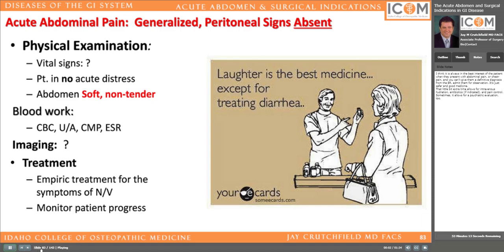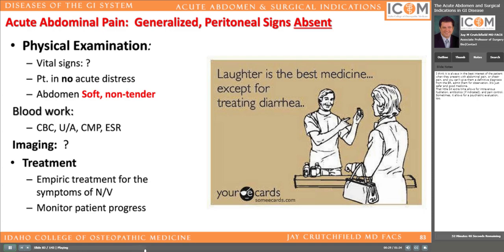The physical exam in these types of patients can often show normal vital signs, no fever, but some underlying hypertension or tachycardia just generated from the pain alone. Usually, the patient presents in no acute distress and the abdomen is soft and non-tender. The blood work, which is usually the same that we perform for any patient with acute abdominal pain, usually consists